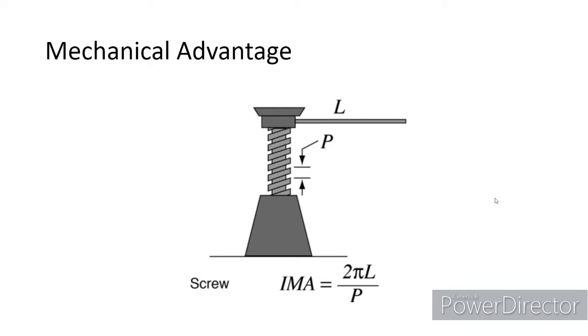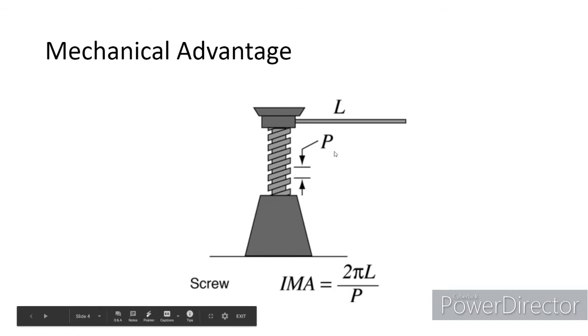Well, let's look at how we calculate the ideal mechanical advantage for something like that. It's fairly straightforward, though it seems like it would be complicated given the definition. To calculate our ideal mechanical advantage, we're going to take 2 pi times the length, or the radius outward to where the rotational force is applied, or the force contributing to the rotation. In this scenario, we would have this L radius. We would be interested in this L distance, so it would be 2 pi L over P, and P is